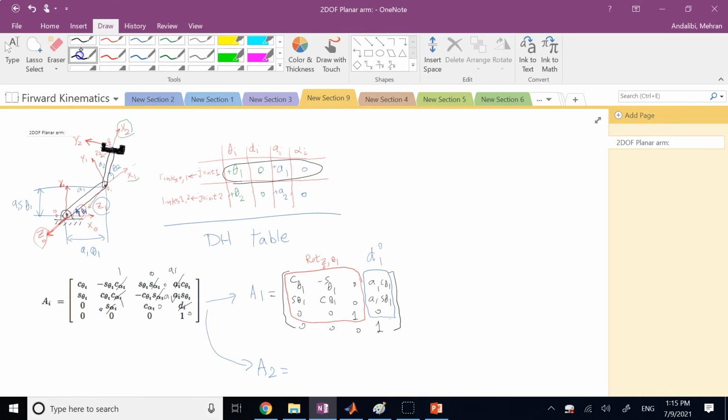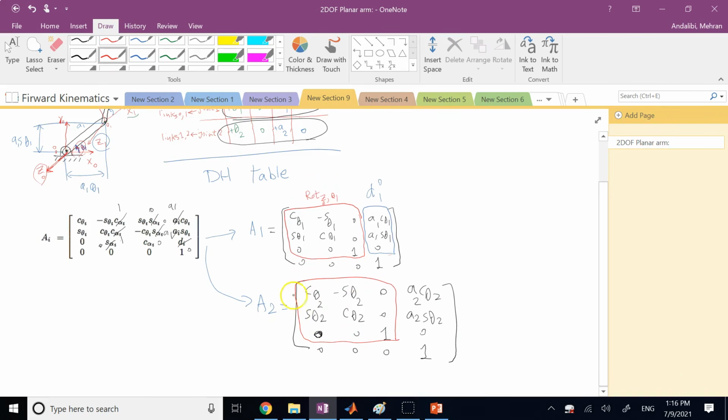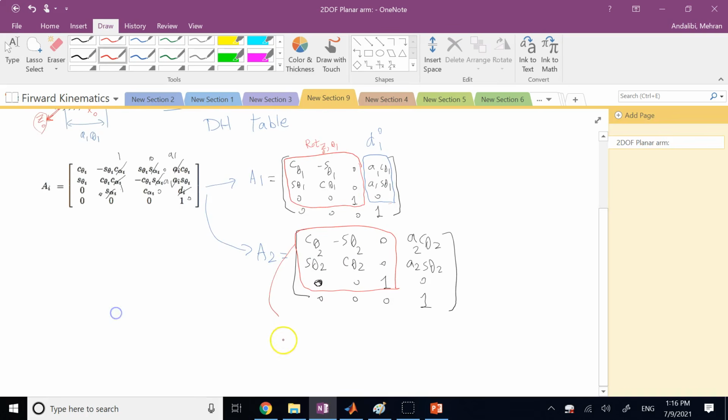For frame 2, I'm going to use the values in the second row. And if you use the second row, it gives you something exactly similar. Well, this one is going to be C of theta 2, negative S of theta 2, 0, then you will get a2 C of theta 2, a2 sine of theta 2, 0, 1, 0, 0, 0, sine of theta 2, cosine of theta 2, 0, 1, 0, 0, which again completely makes sense because again this is a rotation, and this is rotation about what axis? Remember, you are going from 1 to 2, so this is a rotation about z1 with angle theta 2,